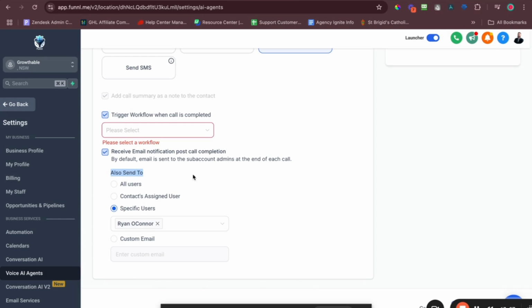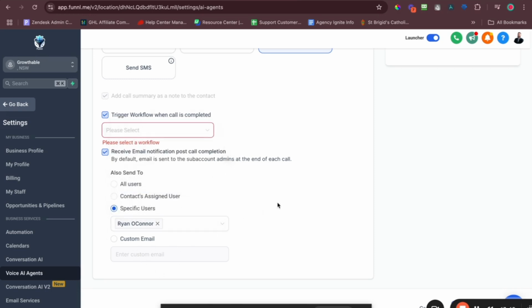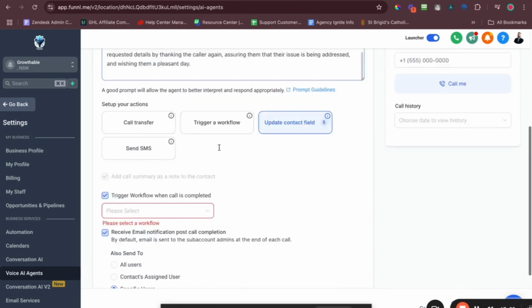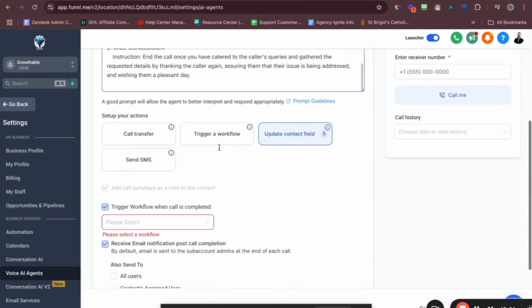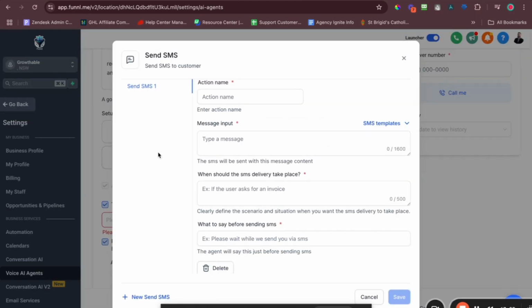You've got the ability to send to the same types of users you would get an internal notification in a workflow. These users, the owner, specific people. I could just keep typing here. Otherwise, it's a custom email. Then the last thing that I wanted to talk about was the notes, right? And the transcript. So what I know is that you can, if you're going to send a note of the